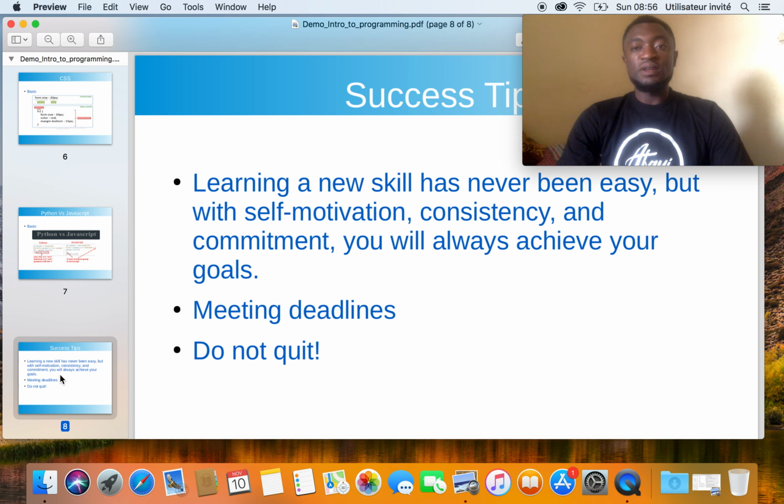So one of the things to take note of in this program is that you should be consistent. Make a schedule, stick to the schedule, and meet the deadlines estimated in the program, and you see that with consistency you achieve your goals.